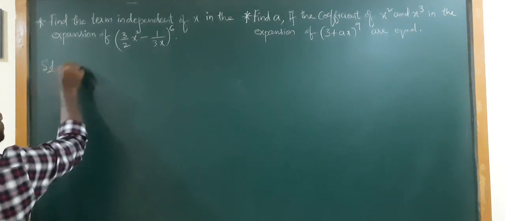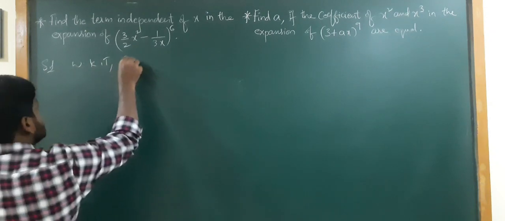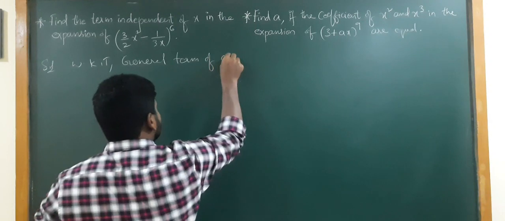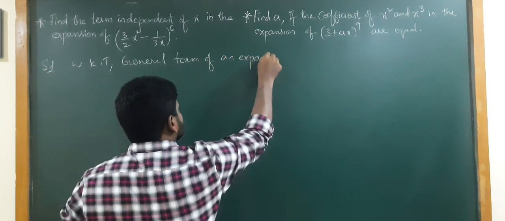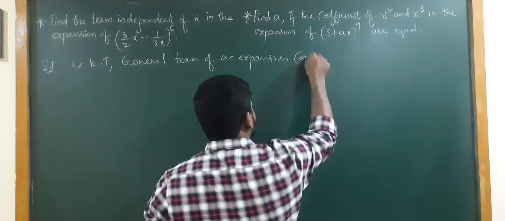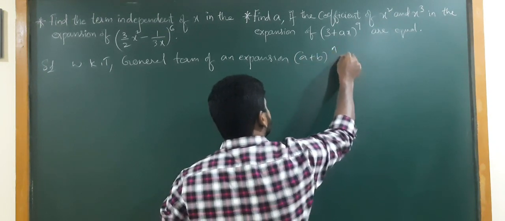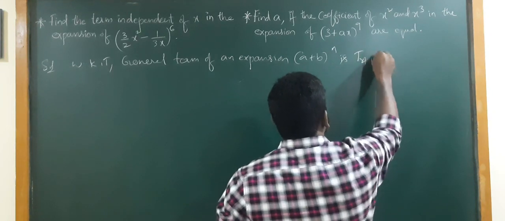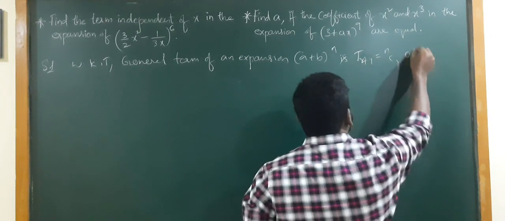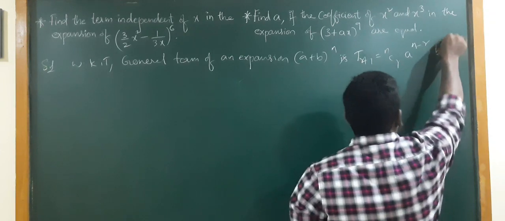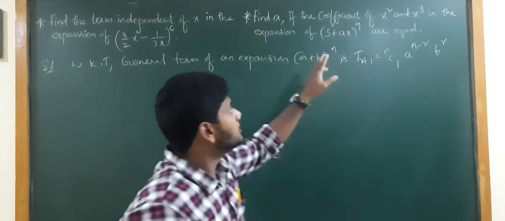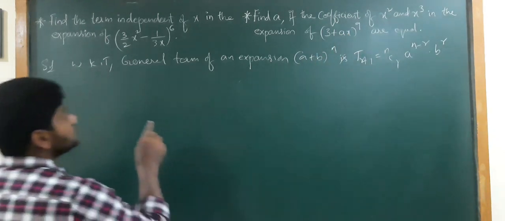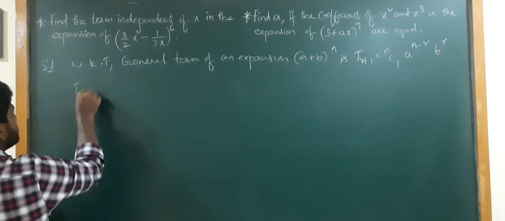We know that the general term of an expansion (a plus b) whole to the power of n is t(r+1), which is equal to nCr a to the power of n minus r into b to the power of r. By using this general term, we will equate the quotient of x square and the quotient of x cube. First of all, in the general term t(r+1),